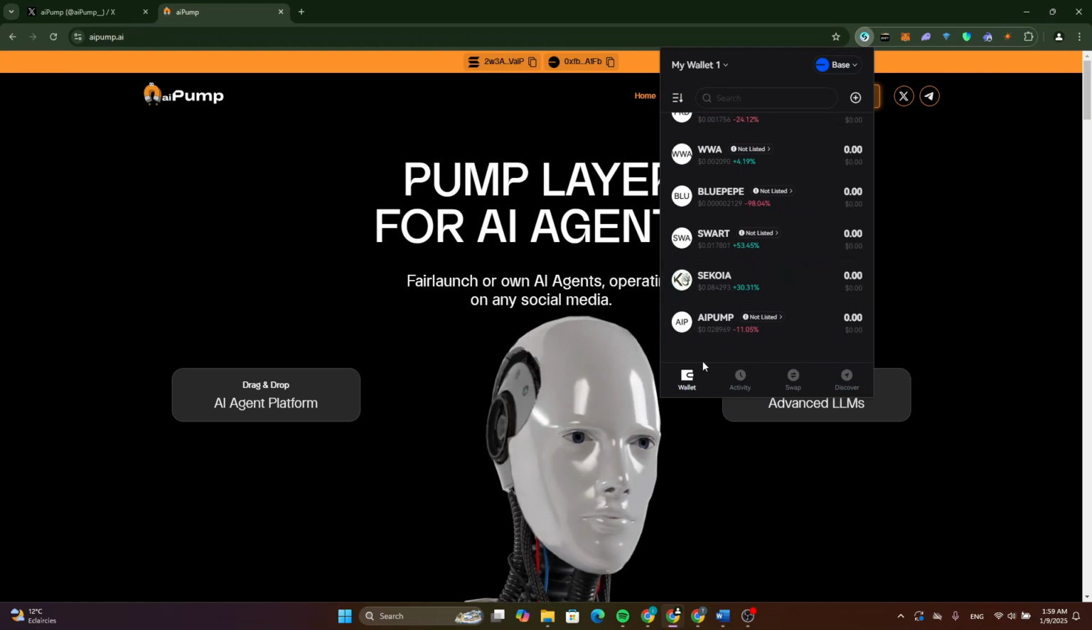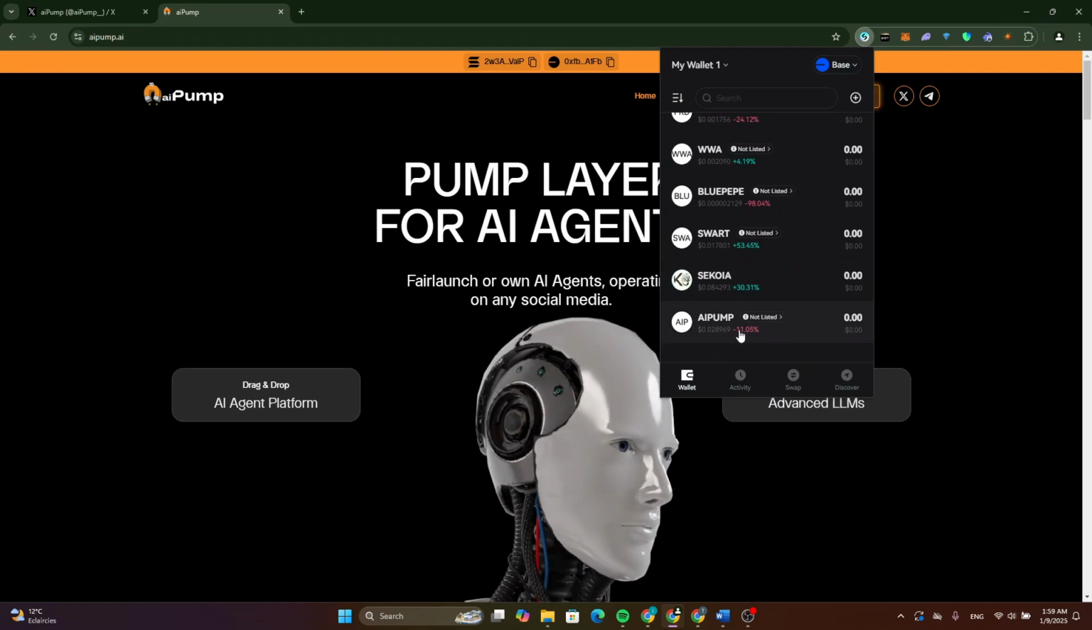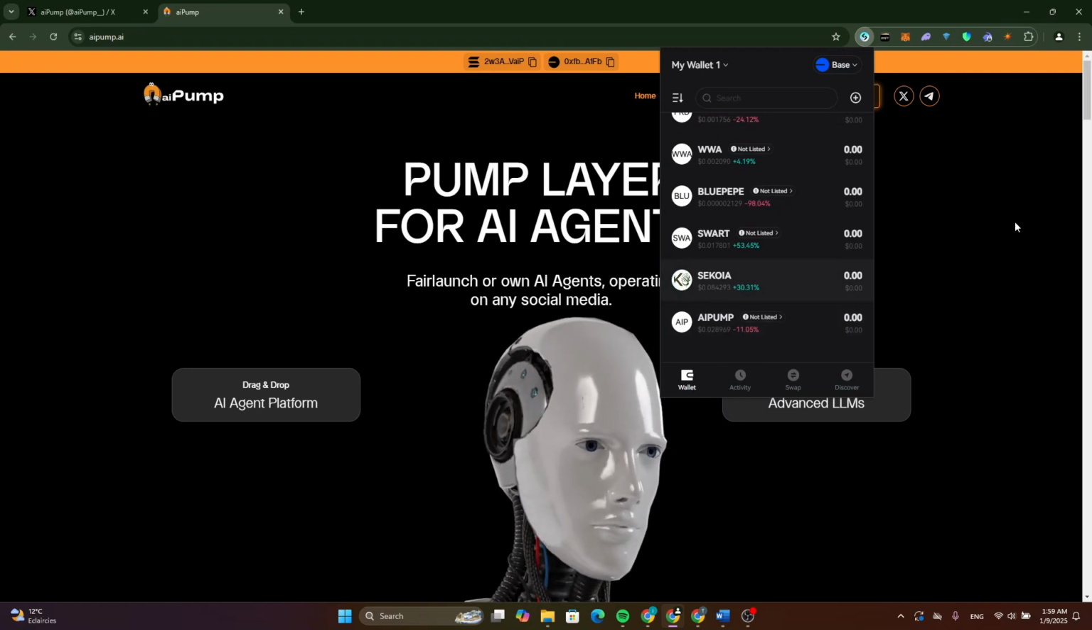And as you can see, this is our token added successfully to our wallet. So this is how to add AI pump